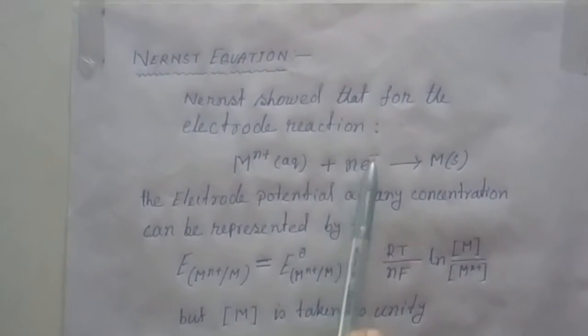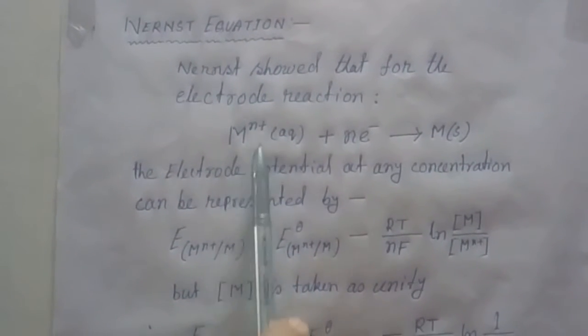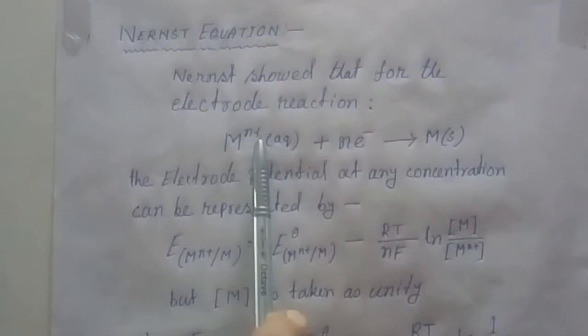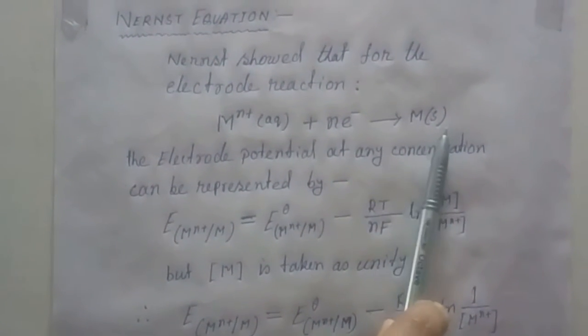Nernst showed that for the electrode reaction M^n+ + ne^- gives M solid, which is a reduction electrode reaction, the metal cation having the charge n+ absorbs n electrons and thereby becomes the solid metal. Now for this reduction reaction, the electrode potential at any concentration can be represented by